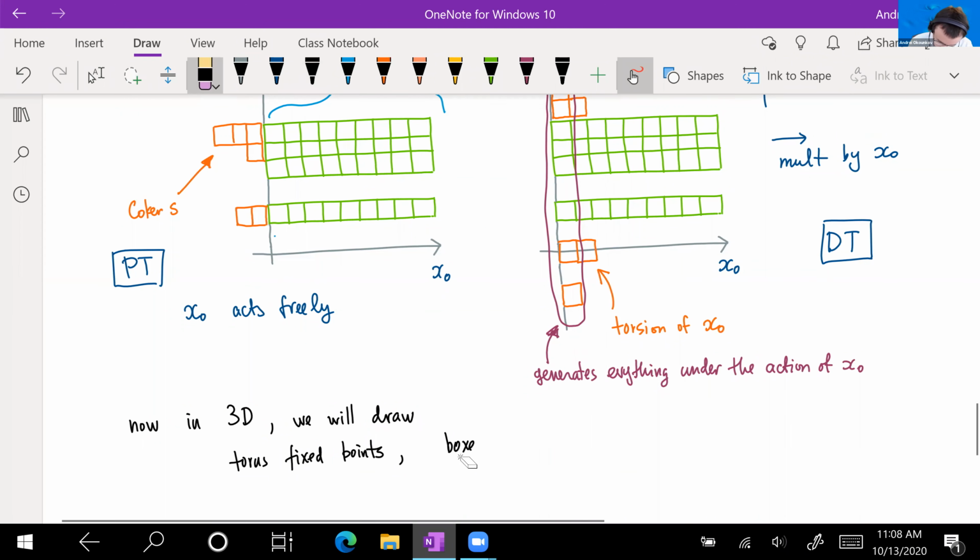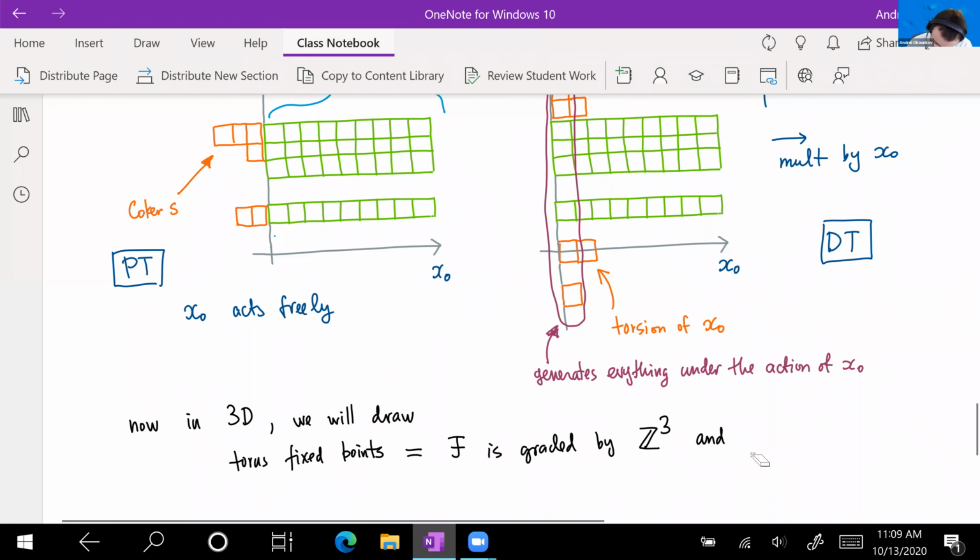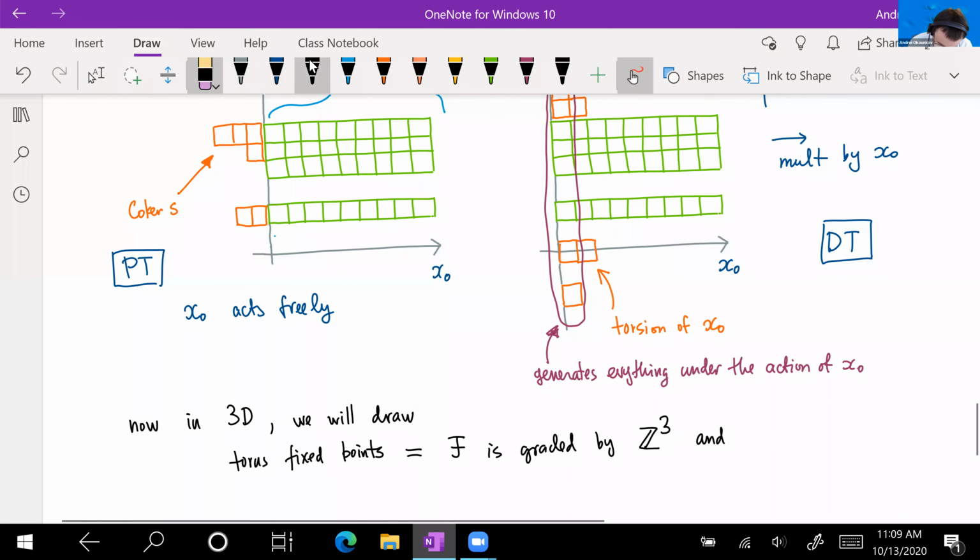somehow the space is triply graded, which means my sheaf f is graded by Z^3 and degree. If I consider multiplication by x1, then the degree